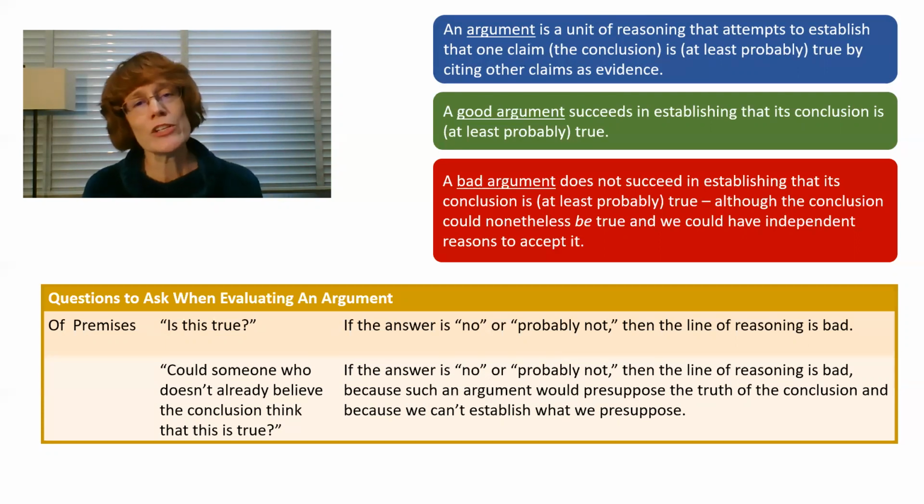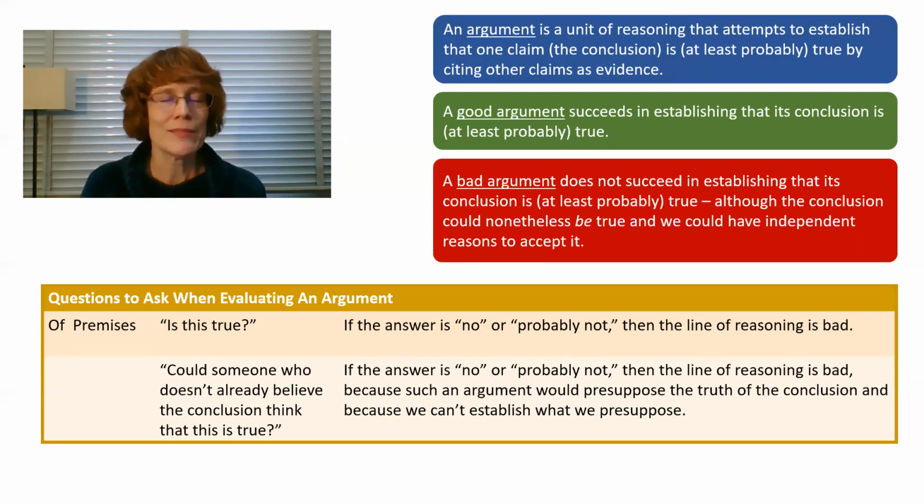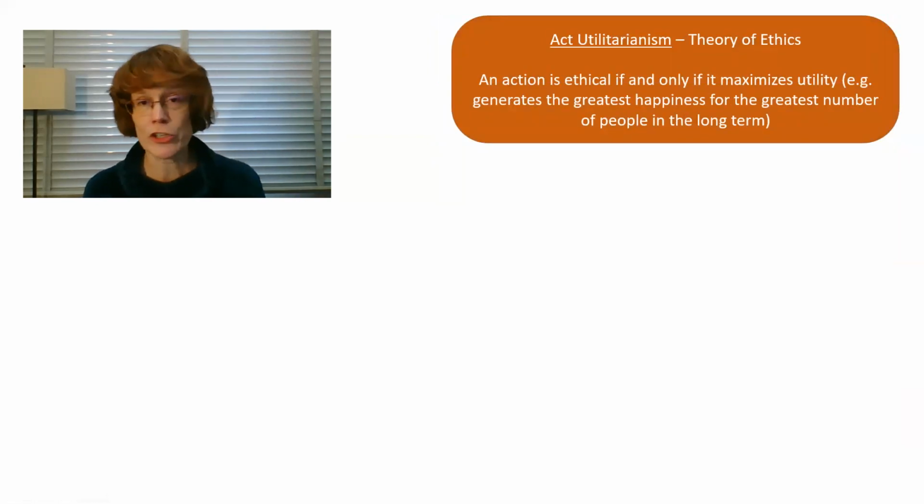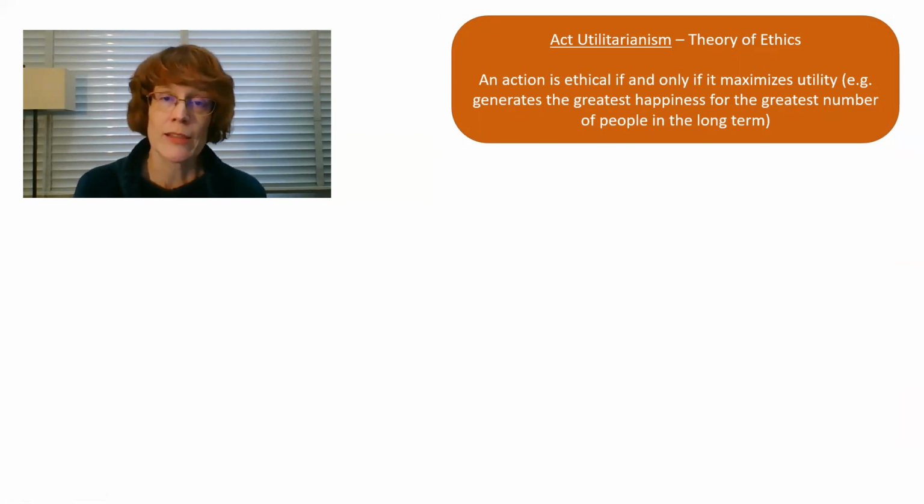Then somebody reached out to me with a really good question, and I thought, yeah, I should probably clarify that a little bit. So here's how we can clarify it. First, let's do a little bit of philosophy, just for an example. Act utilitarianism is an ethical theory that says when we try to decide whether a specific action is good or bad, what we should consider is whether that action tends to produce the greatest utility for the greatest number of people, or the greatest happiness, or the greatest good for the greatest number.